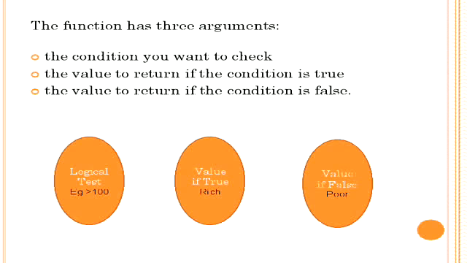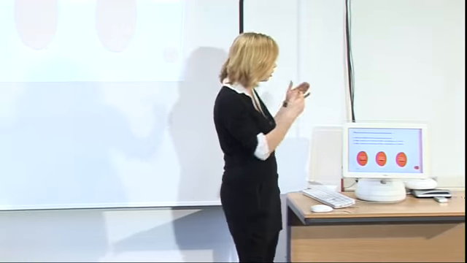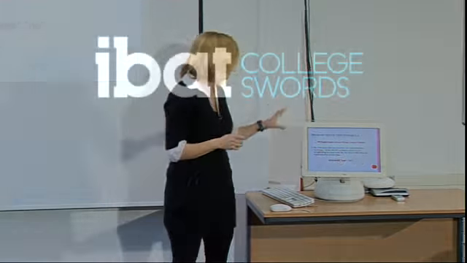The second part then is your value if it's true. So what happens if this test actually is true? The third part, the final part, is what happens if it's false. All of this is prefaced with an equal sign, just like an ordinary formula. So it's already created for you, you just fill in the blanks. So this is a little look at